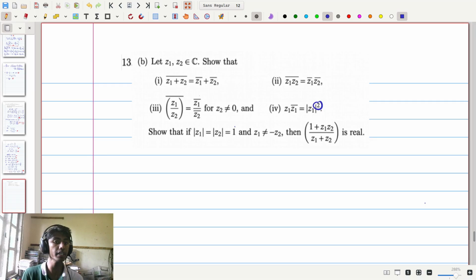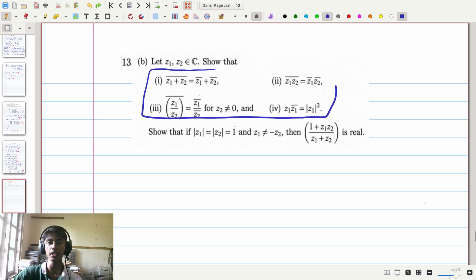Now, after proving each of these, we are then asked to show that if modulus Z1 equals modulus Z2 equals 1 and Z1 is not equal to negative Z2, i.e. Z1 plus Z2 is not equal to 0, then the value of (1 plus Z1 Z2) divided by (Z1 plus Z2) is a real number. Now, to start off with this, in order to prove these four identities, I'm going to